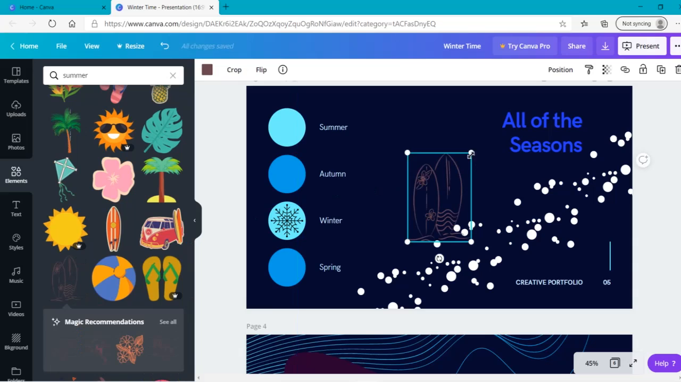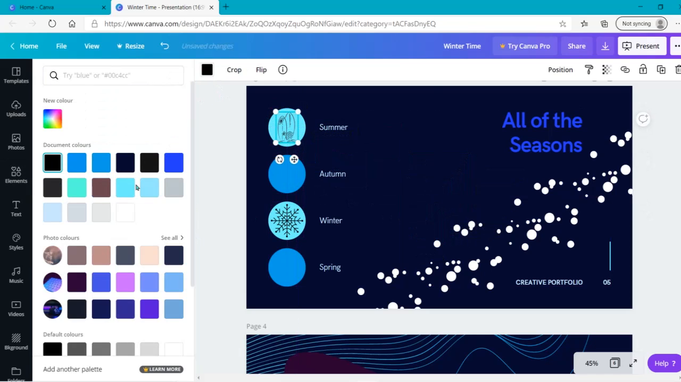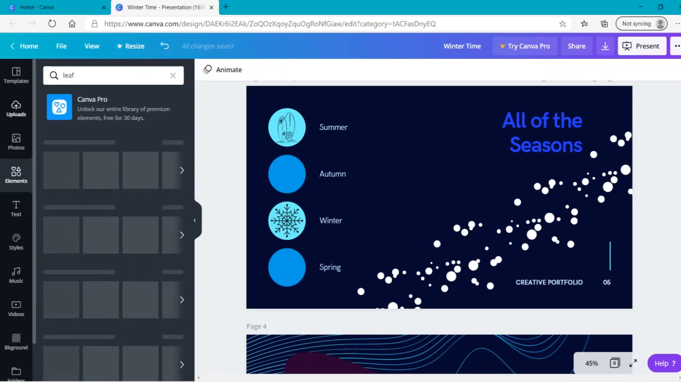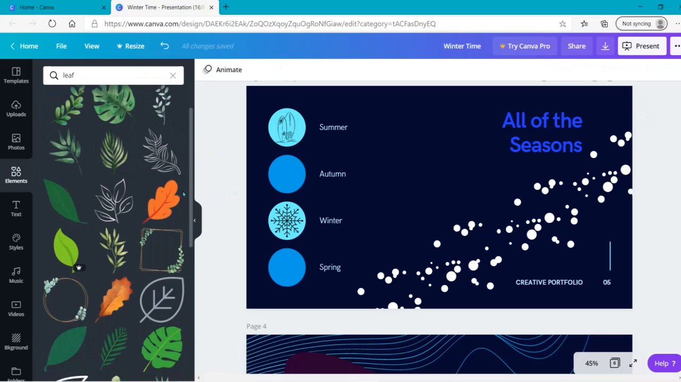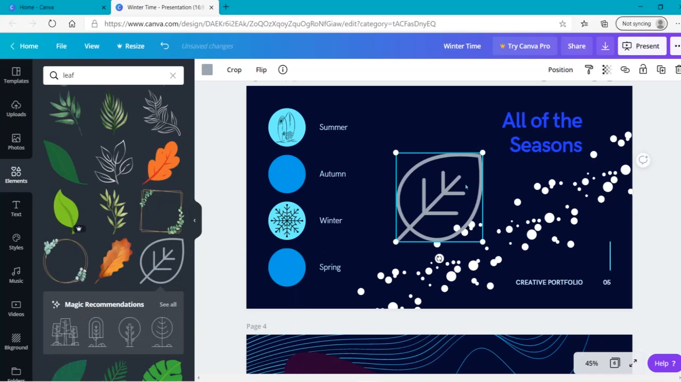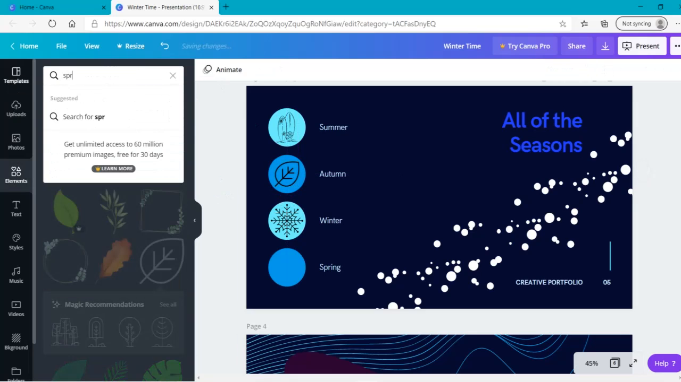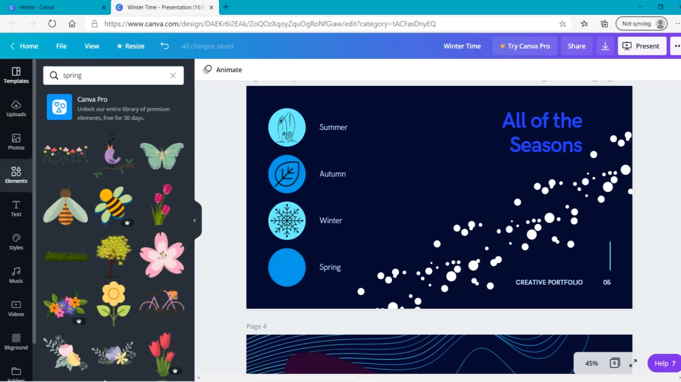Summer is a bit of a hard one, I think. We could have these two like surfboard things. And turn that black. Okay, now we can have just a leaf for autumn. Or something like that. Well, that's huge. Bit bigger, smaller, and make it black. Now for spring, we can type in spring,